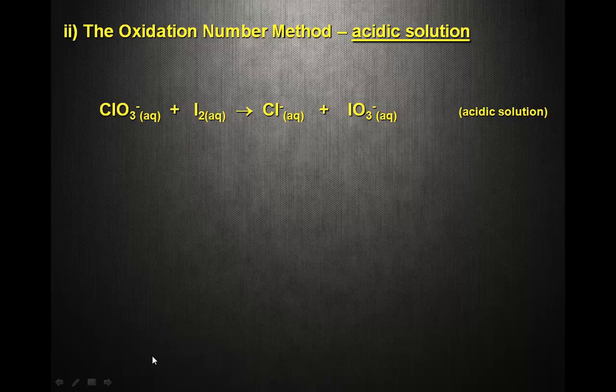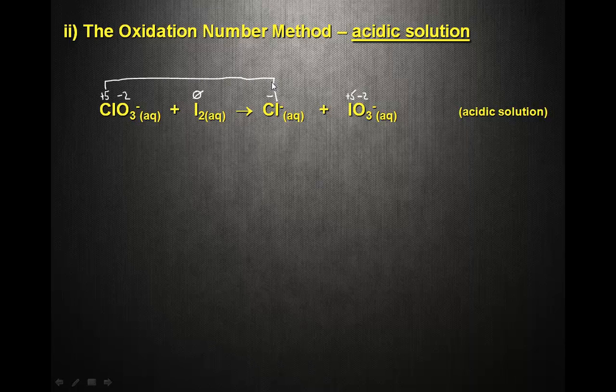So as always, step one is to put on our oxidation numbers. So let's go ahead and do that. Okay, now the second thing that we're going to do is figure out where the oxidation and reduction is happening. So we take a look at, again, I just go to the furthest left to the Cl, and we see that Cl is +5 on the reactant side and -1 on the product side. So it is involved